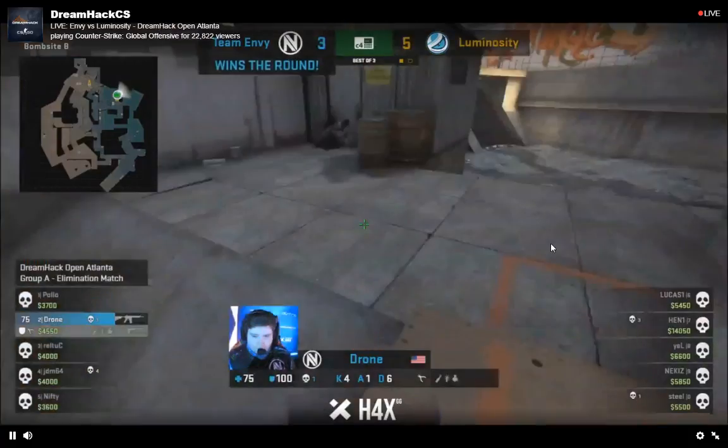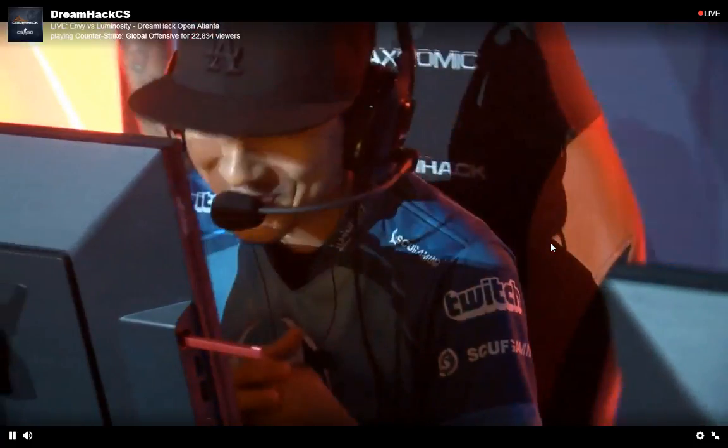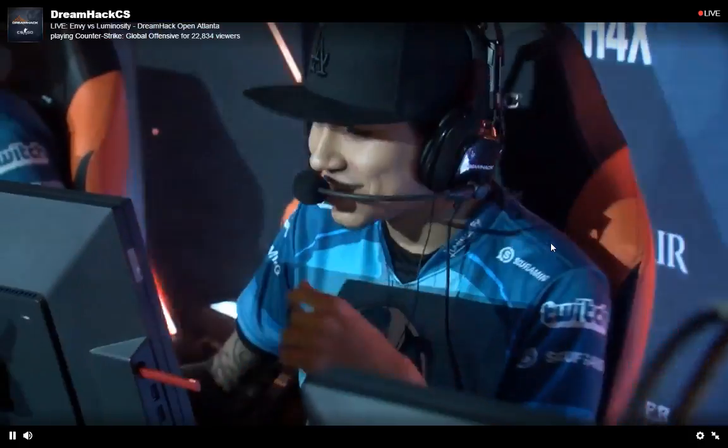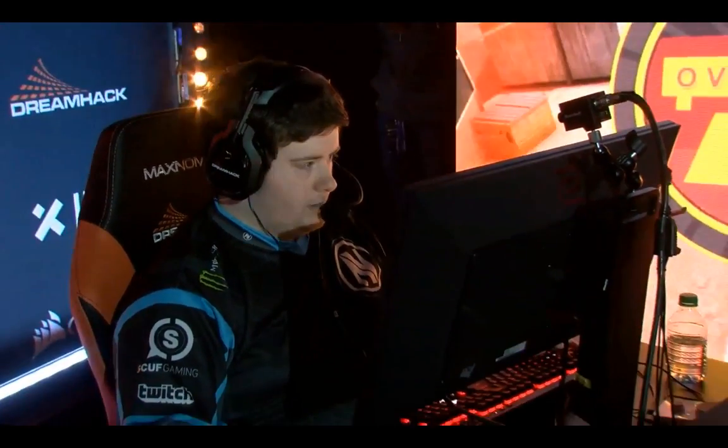Henny in that situation deciding to go for the off angle instead of the smoke positioning and playing close to the smoke. And you can kind of like see it on him. Like, it's a gamble situation he takes there. If it works, he looks like a genius. If it doesn't, it kind of looks